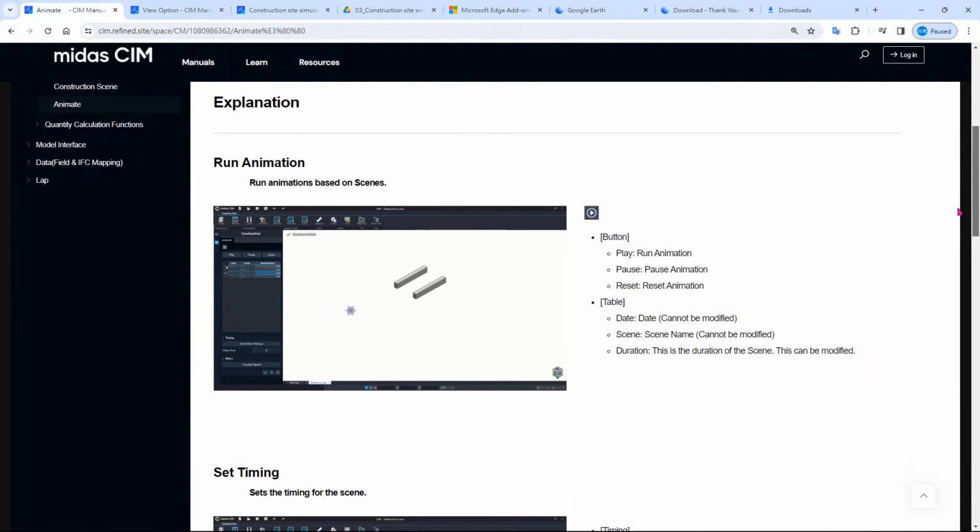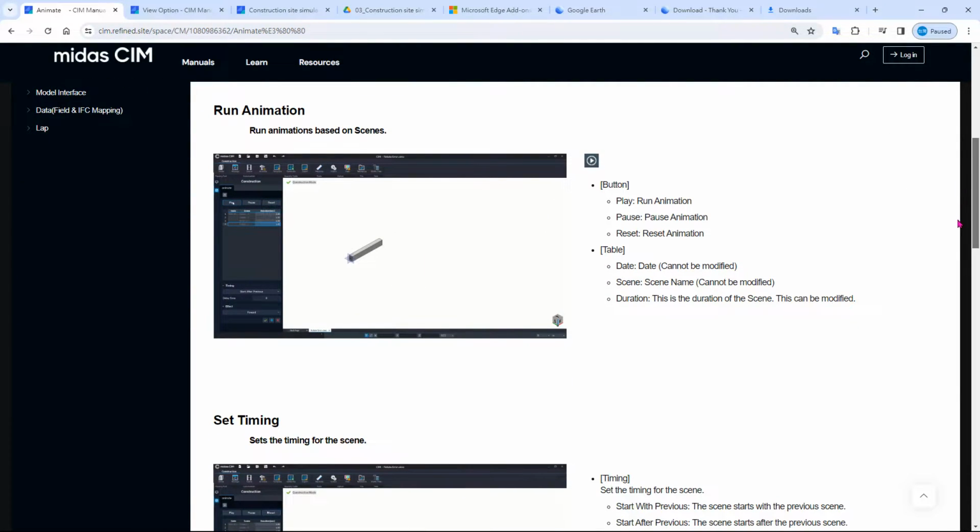And there are many interactive videos that will make you easily understand the function of certain buttons, which is hard if you use only PDF and only PPT.